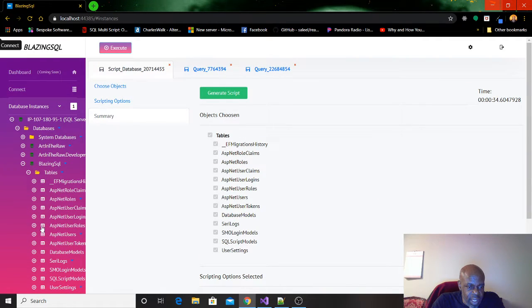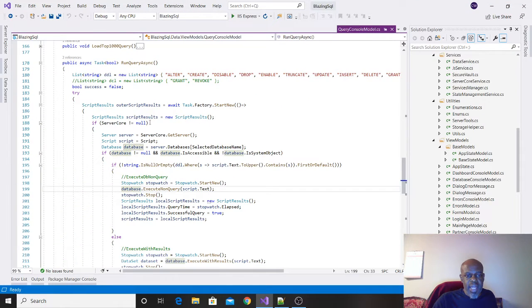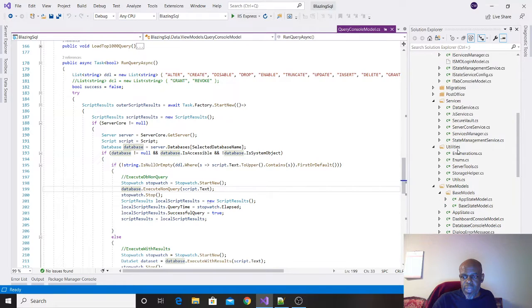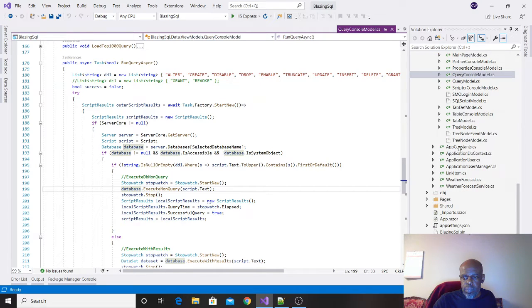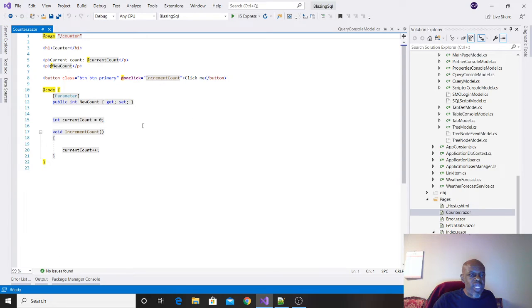The other thing that I love about Blazor, the gotchas, is that if you run everything asynchronously, when you're loading, matter of fact, it's best if I show you. One of the gotchas is that I used to load, let's get to a component. Let me give you a simple component. Let's go to, this is the counter component. This is what comes with the default template when you start a Blazor project.